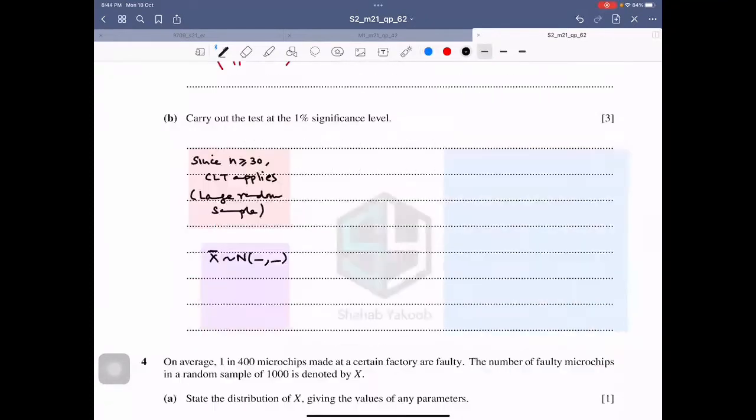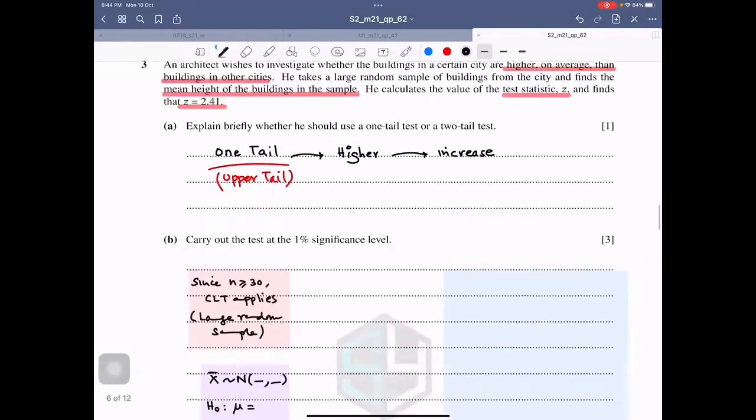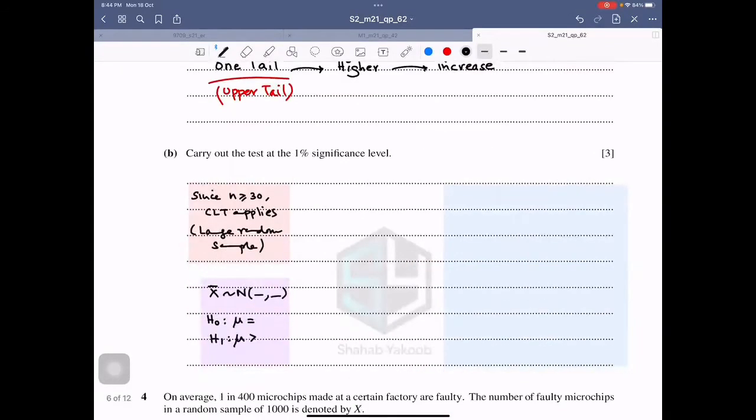H0: mu is equal to something; H1: mu is greater than something. That is usually our working style, but all these things are missing. So what is the maximum that we can do? We can say it's an upper tail test, and the Z value corresponding to the 1% significance level